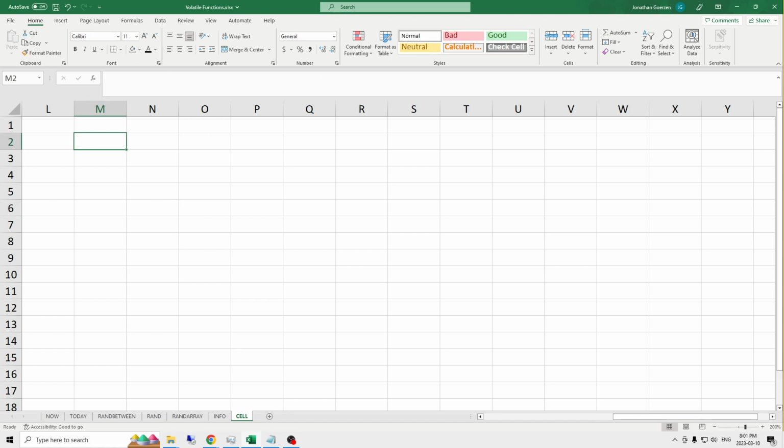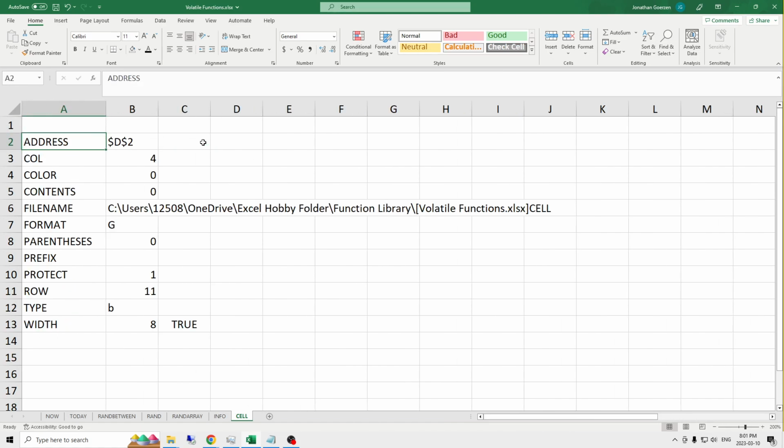Okay, now let's take a look at those individual arguments. We've already demonstrated the address function. An address just brings up the name or the address of the cell that you most recently clicked. I think that could be useful if you had, say, a range with a bunch of values. You could have a cell that just said, oh, well,